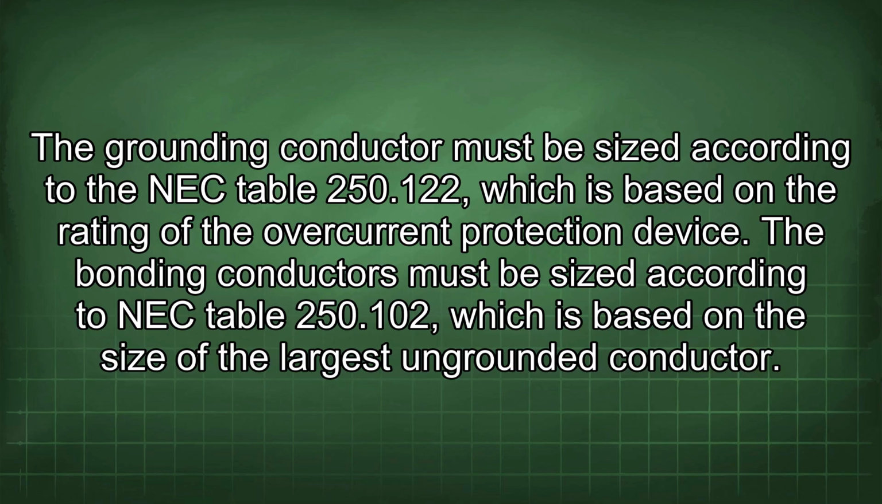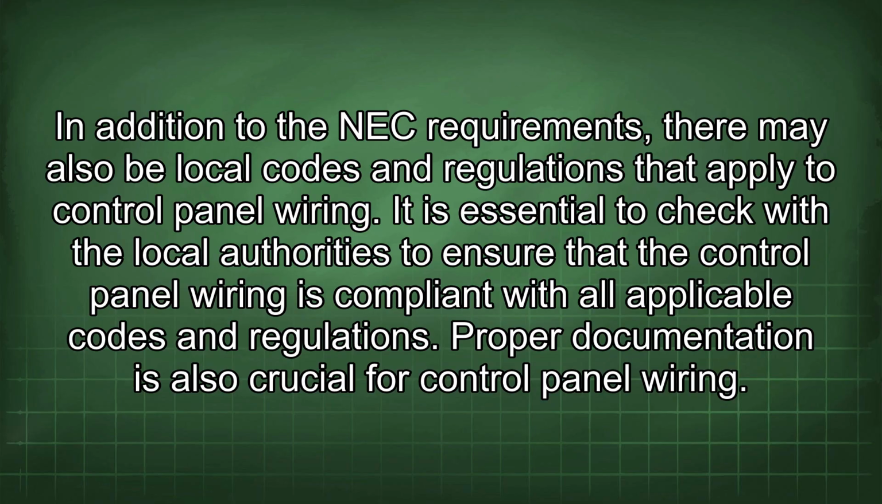The grounding conductor must be sized according to the NEC Table 250.122, which is based on the rating of the overcurrent protection device. The bonding conductors must be sized according to NEC Table 250.102, which is based on the size of the largest ungrounded conductor. In addition to the NEC requirements, there may also be local codes and regulations that apply to control panel wiring. It is essential to check with the local authorities to ensure that the control panel wiring is compliant with all